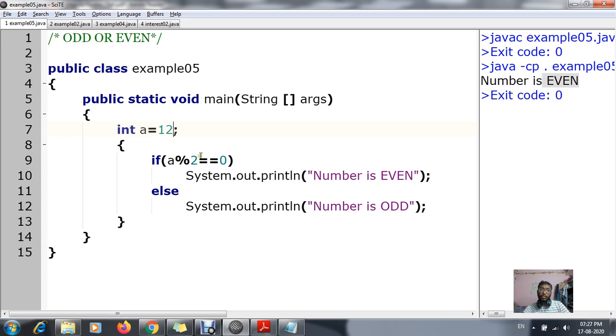Over here I've already given the condition: if a, the value of a is 12 right now, is divided by 2, I want the remainder to be 0, then it should show number is even. Can you see the number is even has been shown? Now in case I don't give the remainder as 0, and instead 1 is obtained, automatically the number is odd.